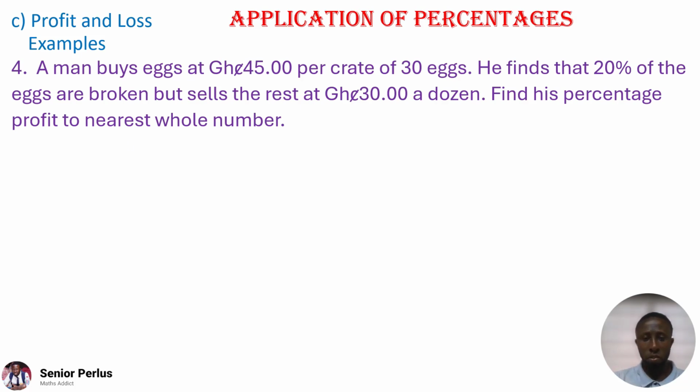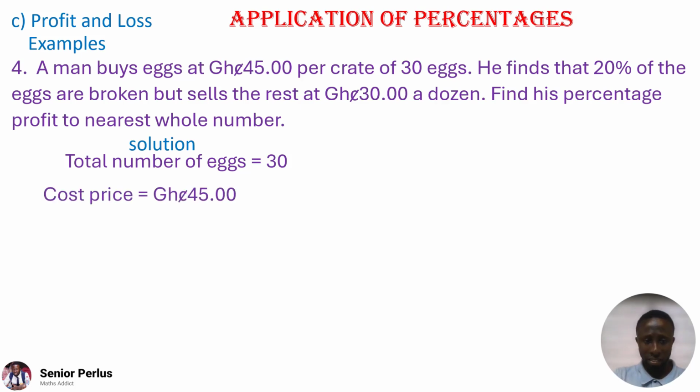So you say she wants her profit solution. The total of the eggs is 30 eggs. That's the total. And the person bought at 45 Ghana cedi. So that's the cost price for 30 eggs. Are we good? Yes. Then they said that